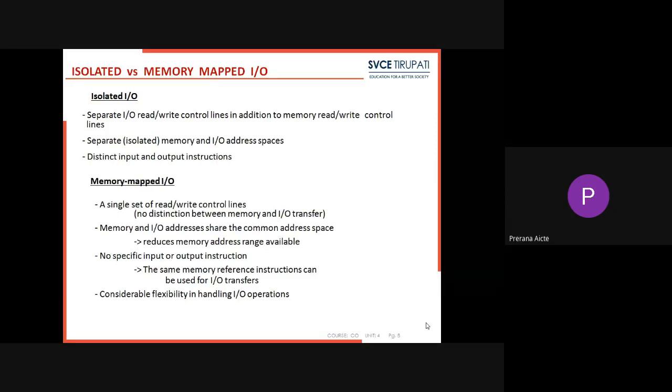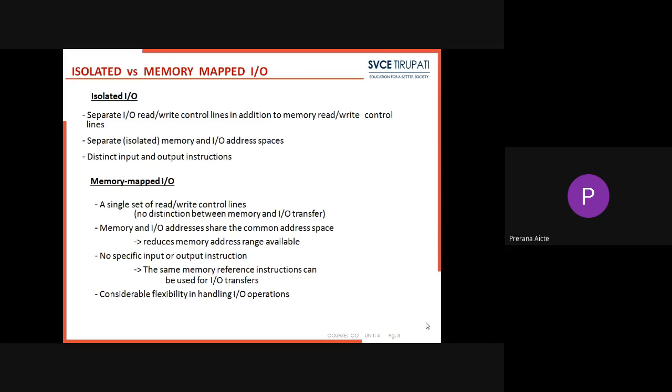In memory mapped I/O, there is a single address space for both memory and I/O devices. The disadvantage of memory mapped I/O is that it uses valuable memory address space. The I/O module registers are treated as memory addresses. Some machine instructions are used to access both memory and I/O devices, and a single read line and single write line are needed. It is commonly used. So what are the advantages of memory mapped I/O? It allows for more efficient programming.